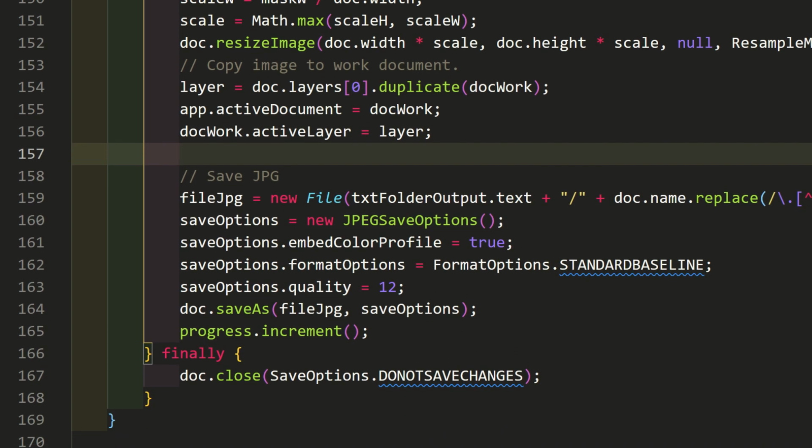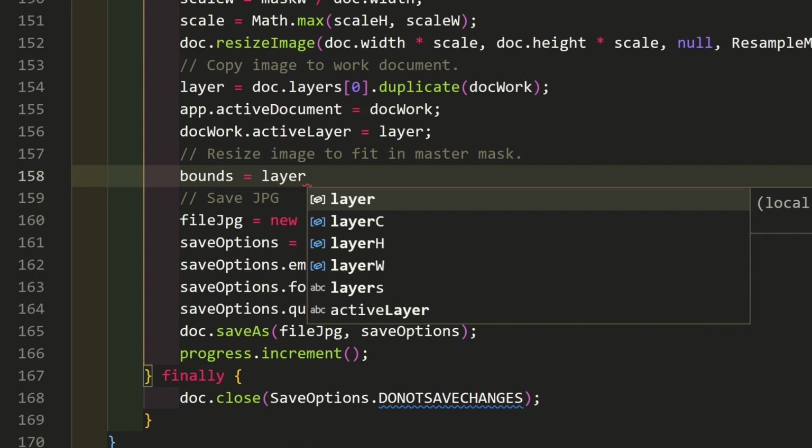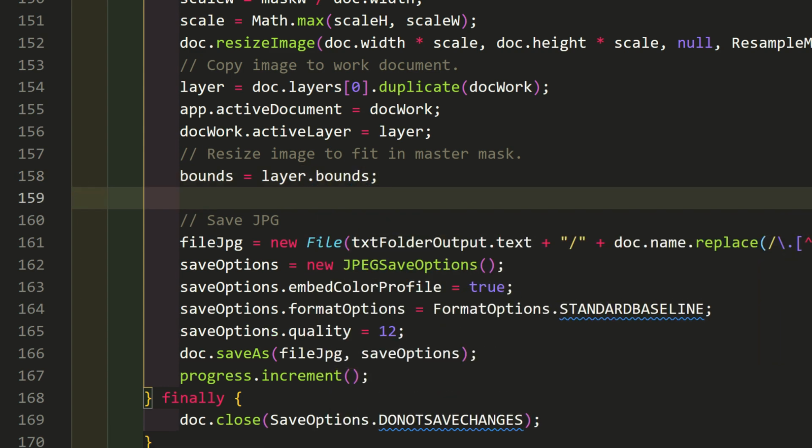Now calculate the layer center point. This is just like we did earlier for the mask. Bounds equals layer bounds. Layer W equals bounds 2, the right edge, minus bounds 0, the left.